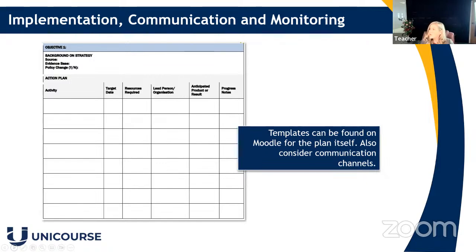It might be that the problem is that you've got staff that are arguing all the time, and you've come to the conclusion that the root cause of that problem is that they are not happy with the rota. So your plan of action might be to review the rota every couple of months, and you might have an activity planner for that in order to give yourself a target date and look at the resources that are required. Think about the person that's either going to be in charge, you're going to be reviewing or monitoring what your